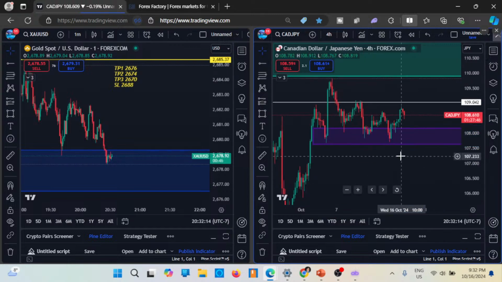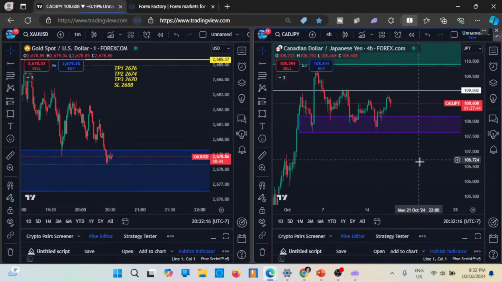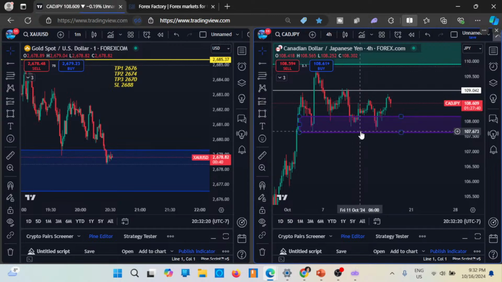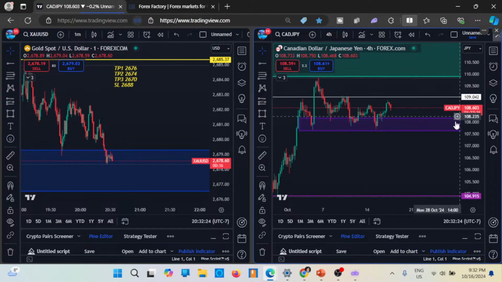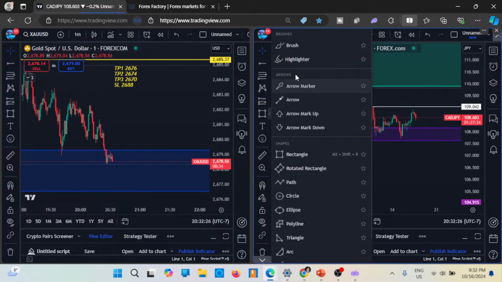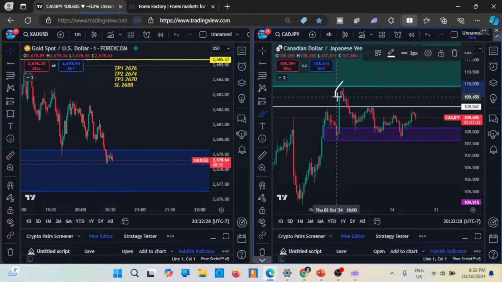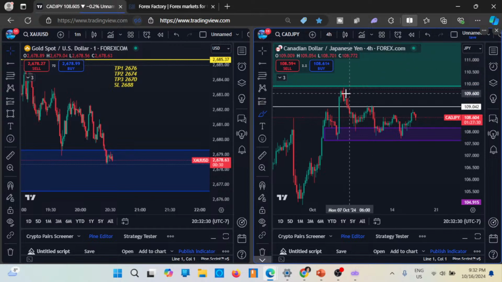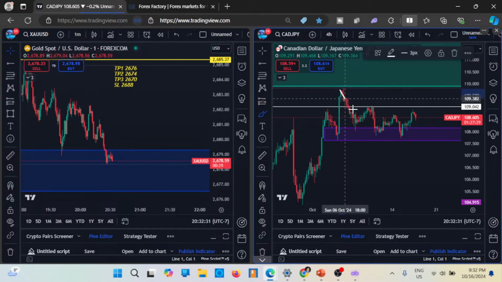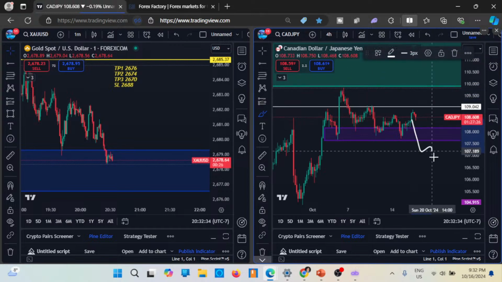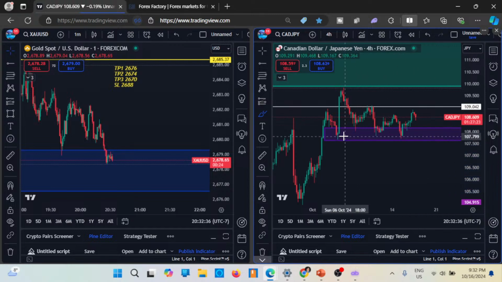So in order for the price to start falling further down, it has to break below 107.67. If you want to enter a sell, the first sell already played out here, when the price hit this resistance, it already sold off. So this is great. Now for the price to continue selling further down, it has to break below